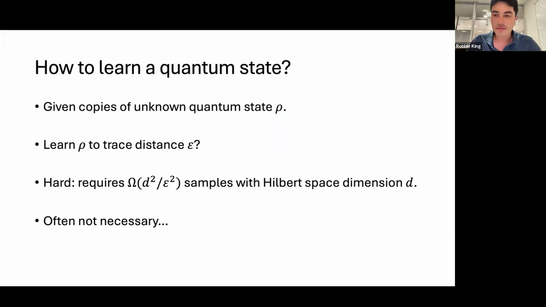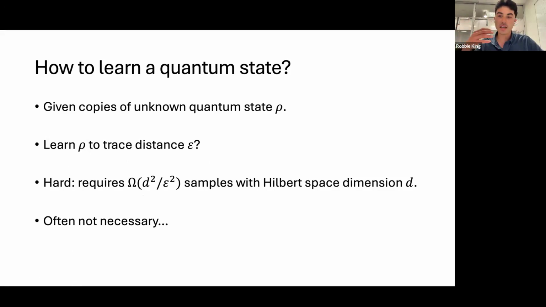Okay, so this is, I guess, more formally what I was saying. Given copies of an unknown quantum state rho, how can we learn it? The first notion that you can cook up if you were to try and write down this task is to learn the state in trace distance: find a representative sigma which is close in trace distance to rho, say epsilon close. But this is known to be very difficult. In particular, it requires d squared copies of rho, if d is the dimension of Hilbert space.